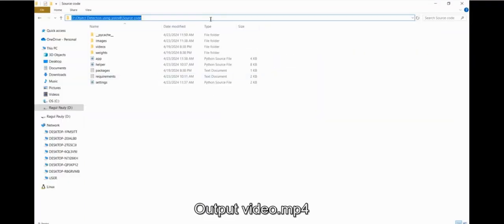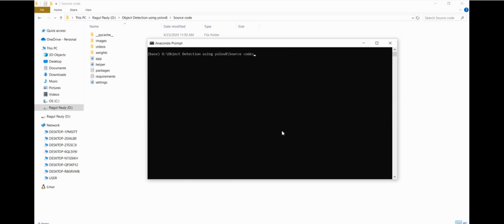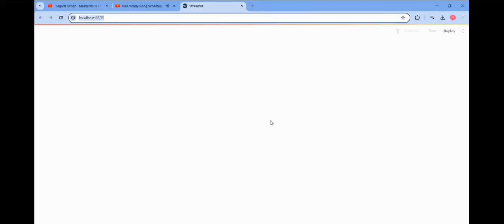This project is multi-model object detection and segmentation using YOLOv8. Now I am showing the running process of this project. First I compile my file on Anaconda prompt. Here the running command is streamlit run app.py. Now it's open on Chrome